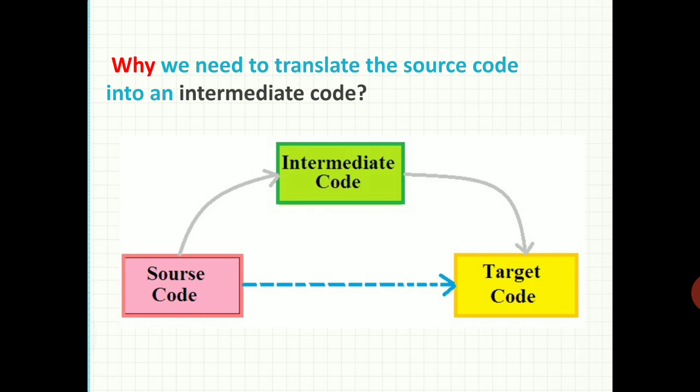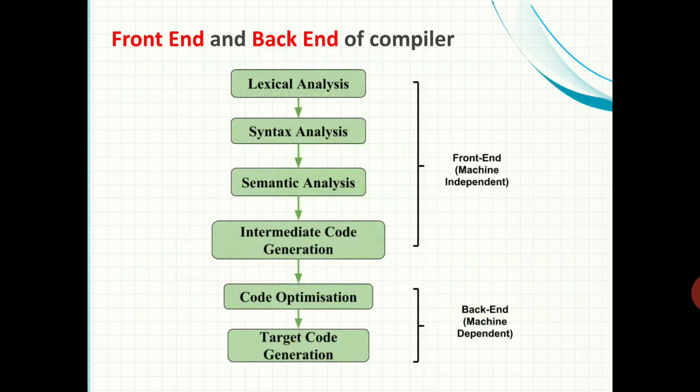The compiler converts a program written in a high-level language, or source language, to a low-level language through several phases like lexical analysis, syntactic analysis, semantic analysis, intermediate code generation, code optimization, then the code generation phase. There are two major phases of compilation. We can group them into two groups: the front end, and then the back end of the compiler.